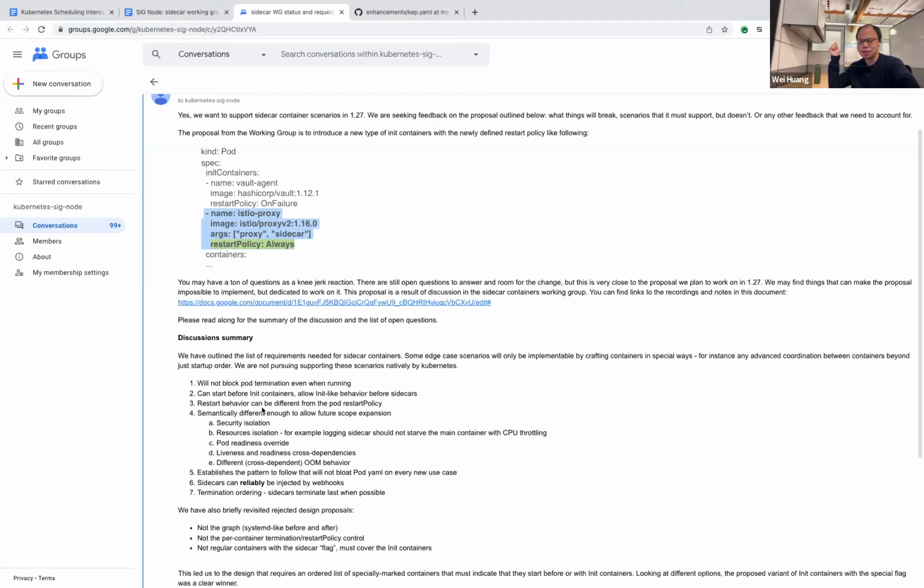That means if we introduce a new field in 1.22 or 1.23, they are not even aware of the new field. So how come they are compatible to honor the new API?